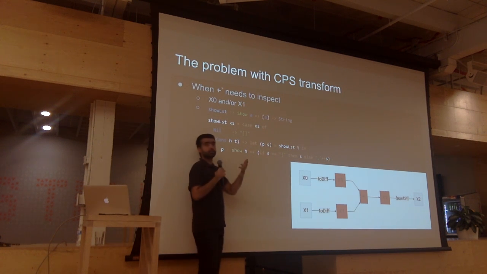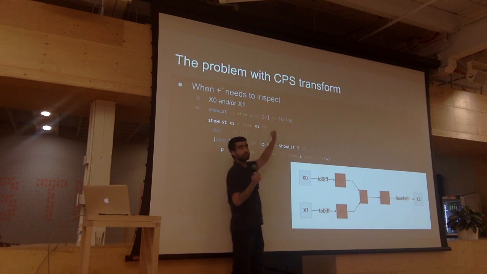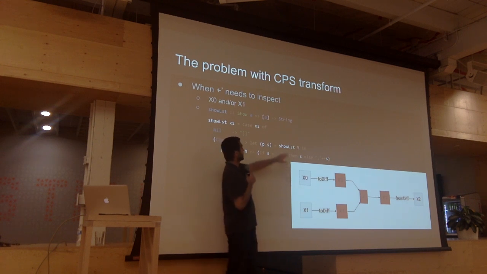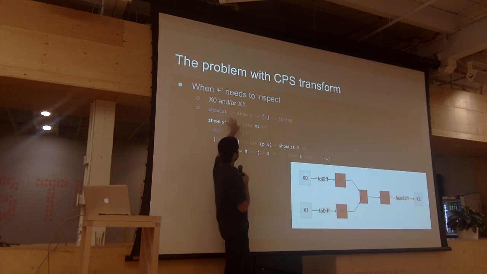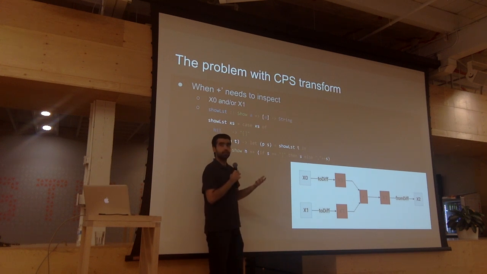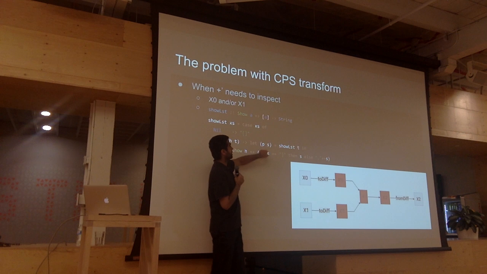So I have a list of characters, that is what string is. I'm going from a list of A to a list of characters. My show list T is going to create a list of characters, okay? If I were to use a derived data type, in this case it would be sort of a diff list of characters. But then I'm inspecting it. I'm inspecting and breaking it down and looking at the head and looking at the tail, right?